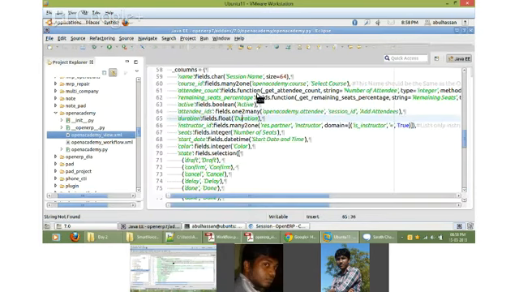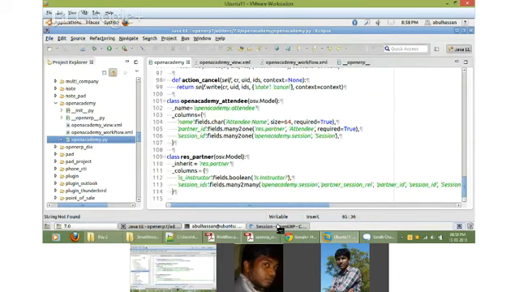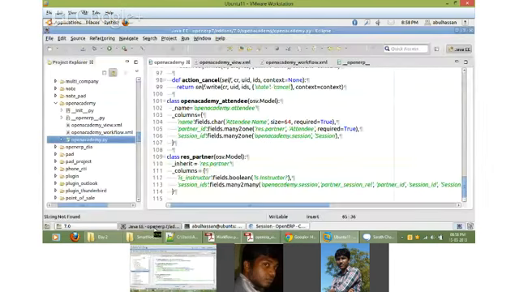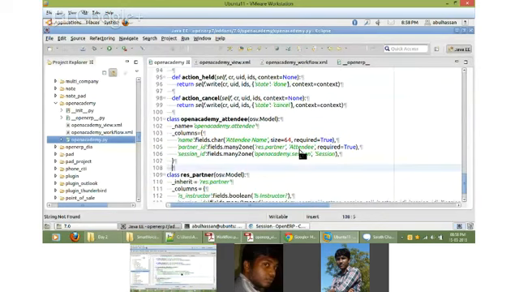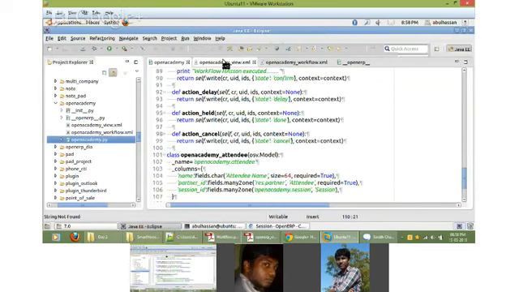These are all different types of views. We have seen all the views: Kanban view, list view, this is the tree view, form view, calendar view, graph view, and Gantt view. Two things we did not see: one is inheritance, and another one is workflow.